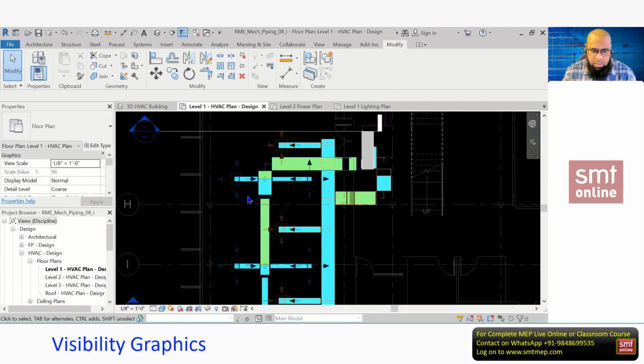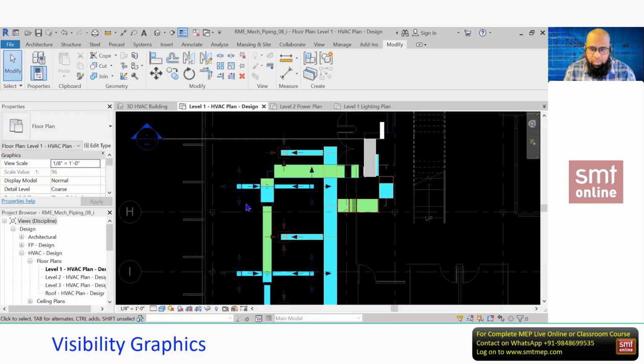It is faded in the background. So at the time of working, if any object is creating obstruction, and you want to put it in the background view, you can use this halftone option. Again, all these options I'm explaining are related to the category, not related to the element. So these are a few options, but apart from that, I have some more new options for you.